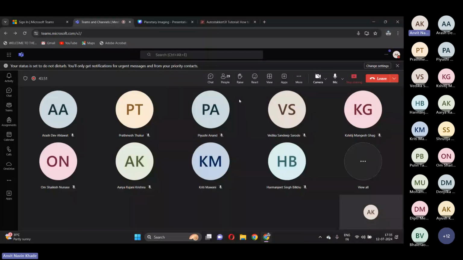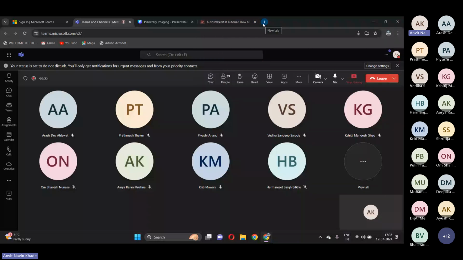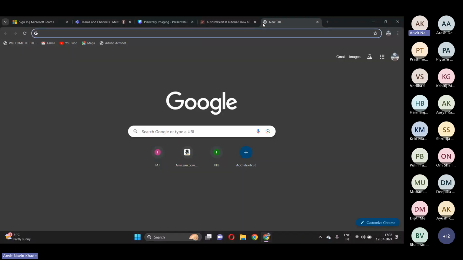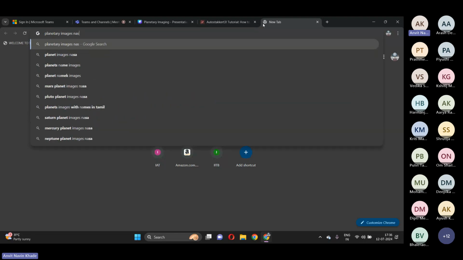So the process isn't over yet, but I'll try to show you some other resources online. You can actually process NASA images. These images are open source and can be easily accessed from net. So if you just search planetary images NASA data,